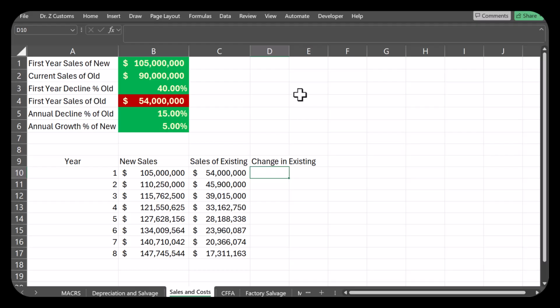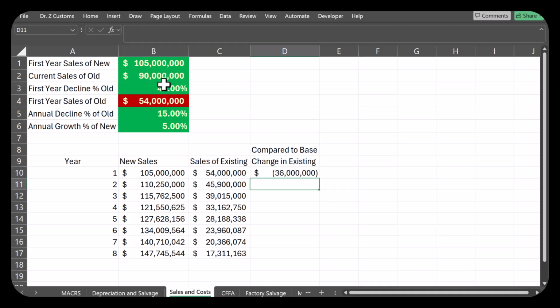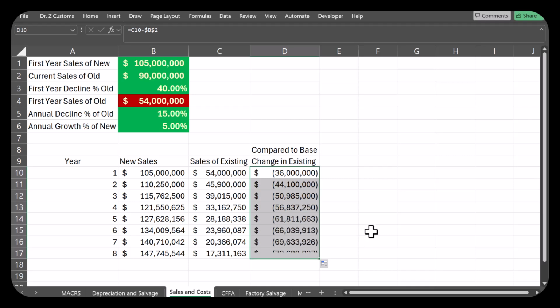Let's call this compared to base, right? So second year, my drop of sales in the existing products is 44 and 51 almost,